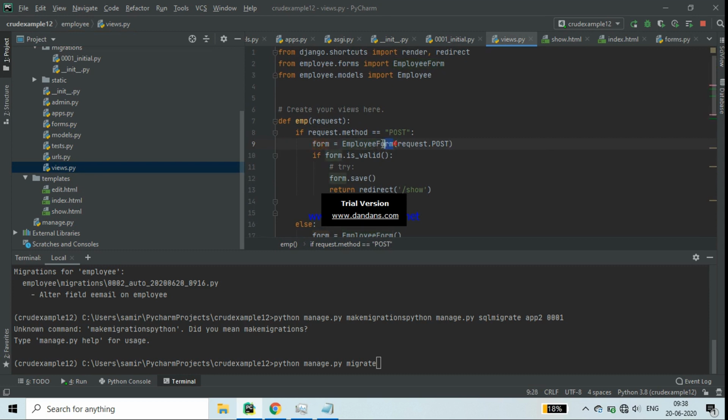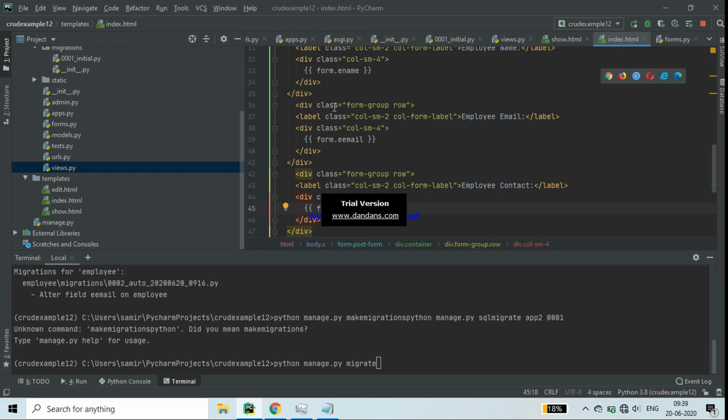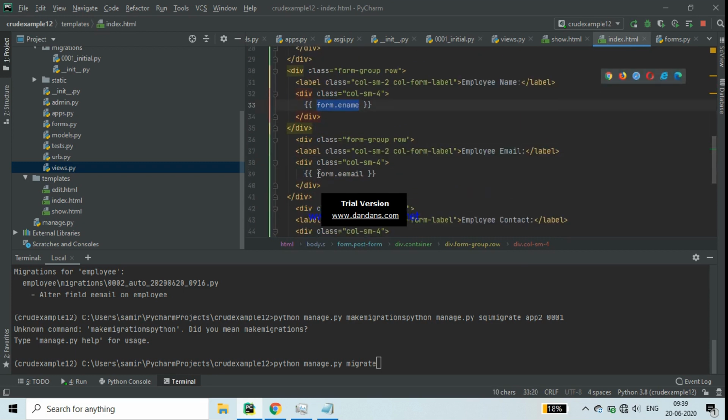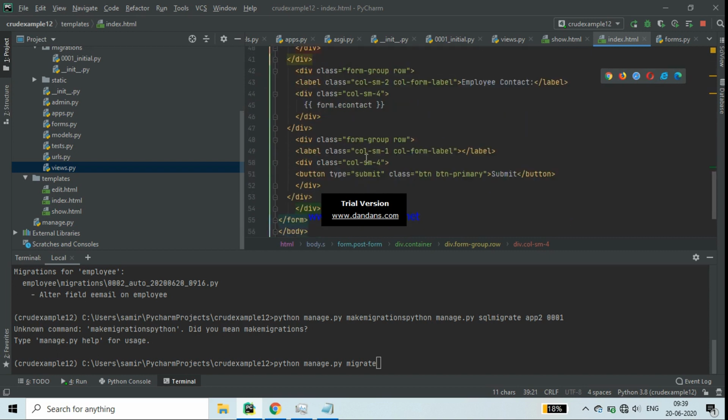Form is the object name of EmployeeForm. EmployeeForm is the form class, and form is the object. Through that object we can make the HTML form, as I have made in index.html. Like see here, form.eid, a text box will be made, another input text box with this. So the HTML form we can make through the form.